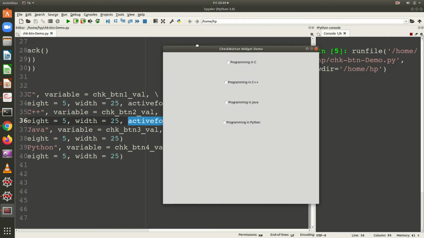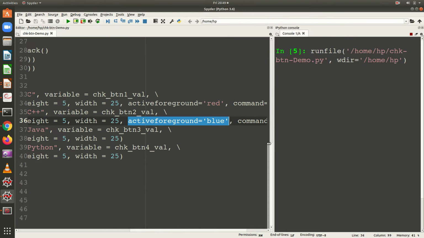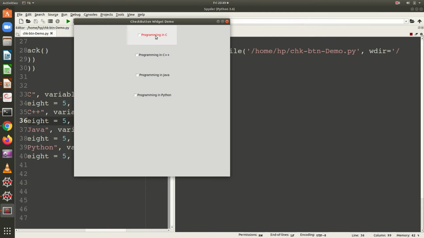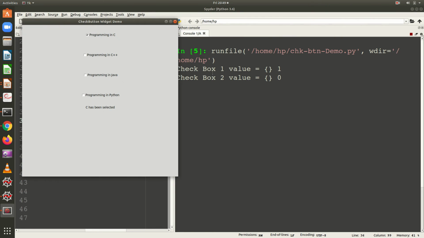Now I am going to show you the output also. When I check the first one, it says C has been selected. And you can see here checkbox 1 is checked and checkbox 2 is unchecked. So it is having value 1 and this is having value 0.